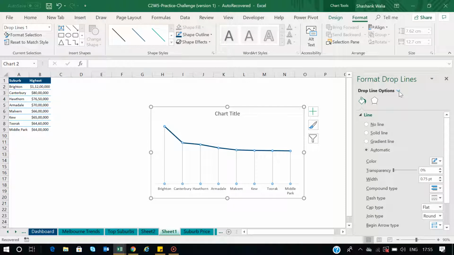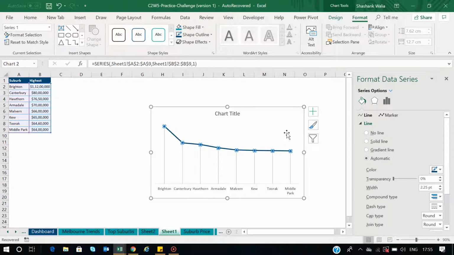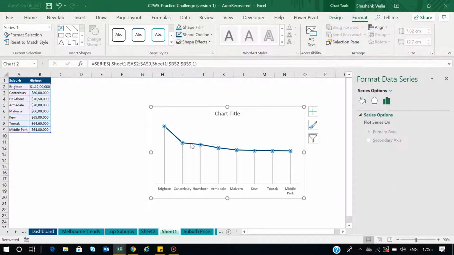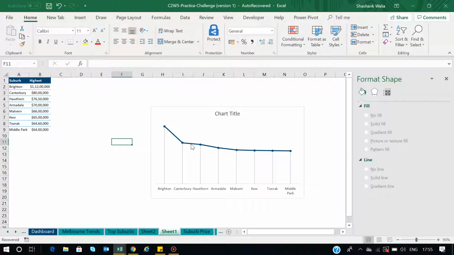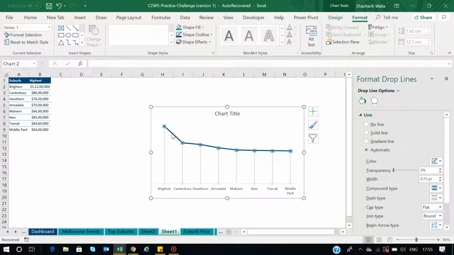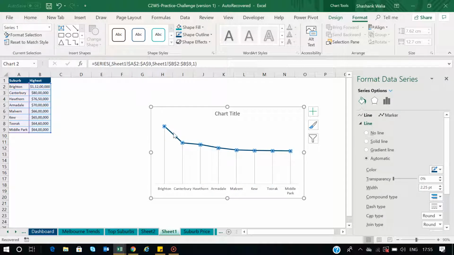And then select the line. You don't have to select the drop line. So when you have this line, select this line, the trend line, right? And when you have selected this line, it will automatically show you these options, the line and marker option, right?